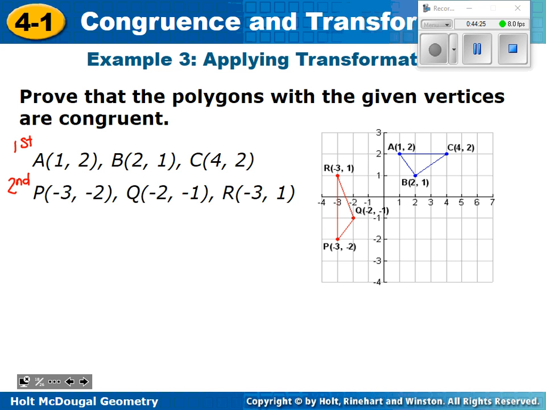Sometimes it's going to take more than one transformation. Sometimes it's just one transformation. What transformation do you think for sure we have to do here? Rotation, okay? I would agree that it looks like we have to rotate it. What direction? Counterclockwise. How far? 90 degrees. Okay, so let's start and say I think that it is a rotation 90 degrees counterclockwise